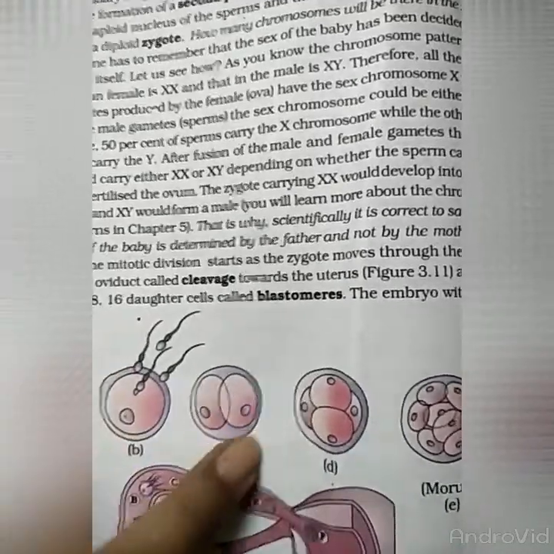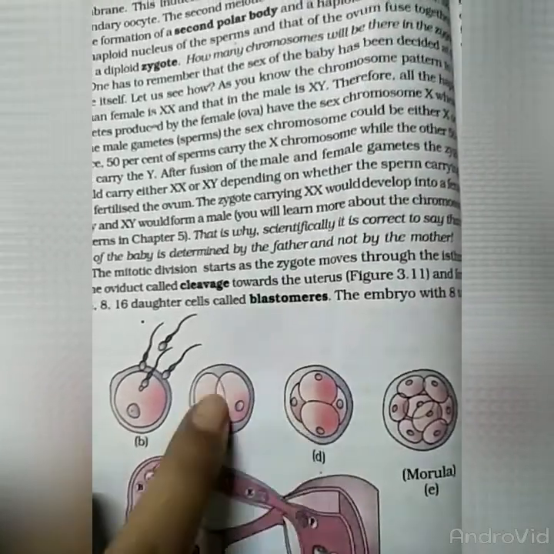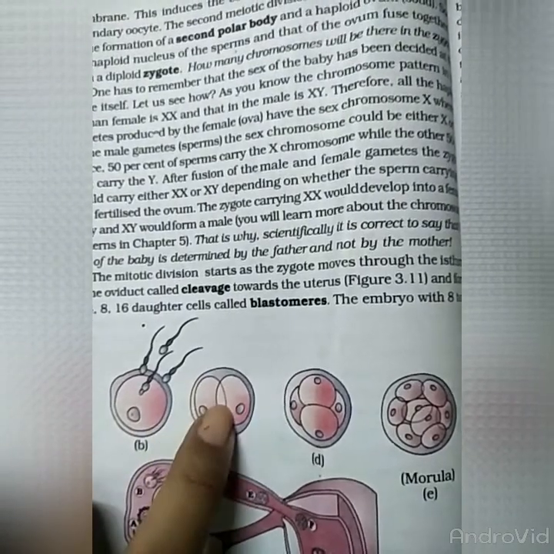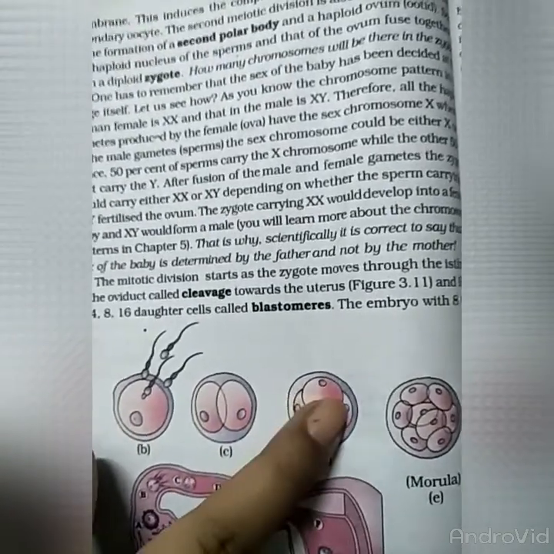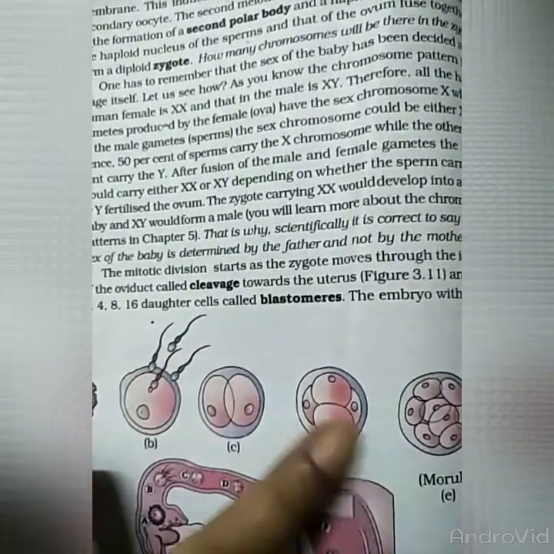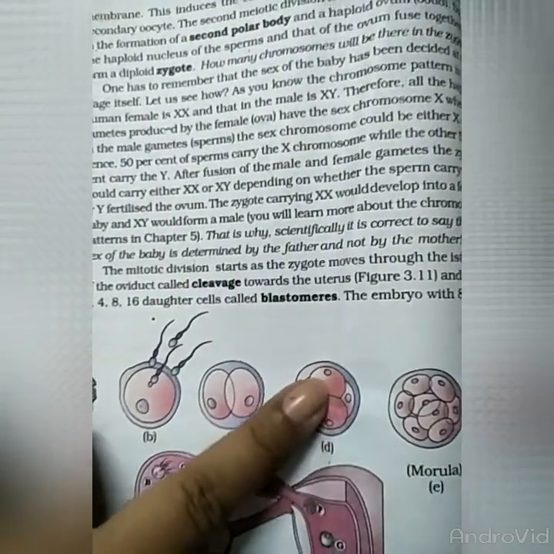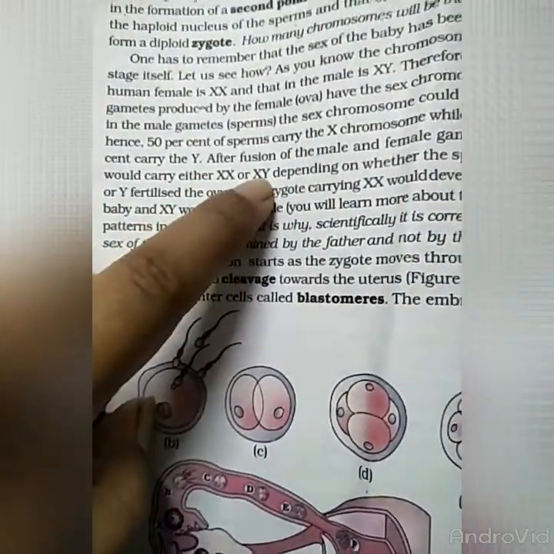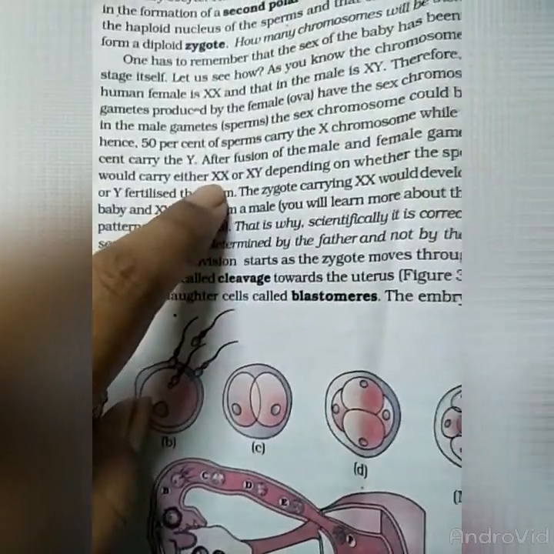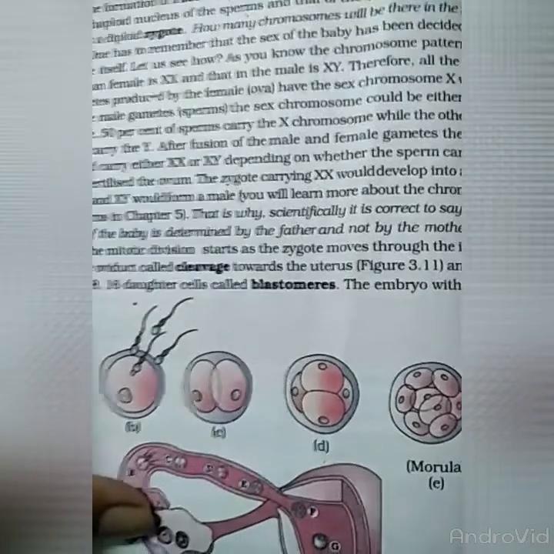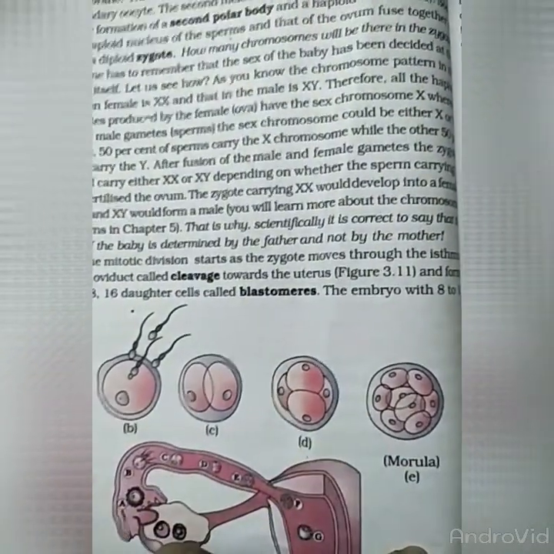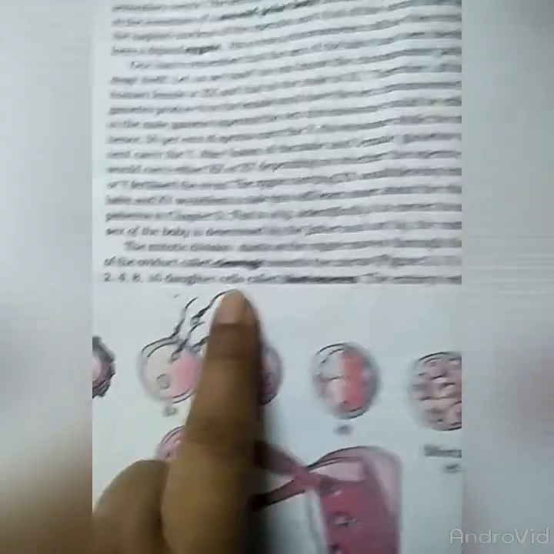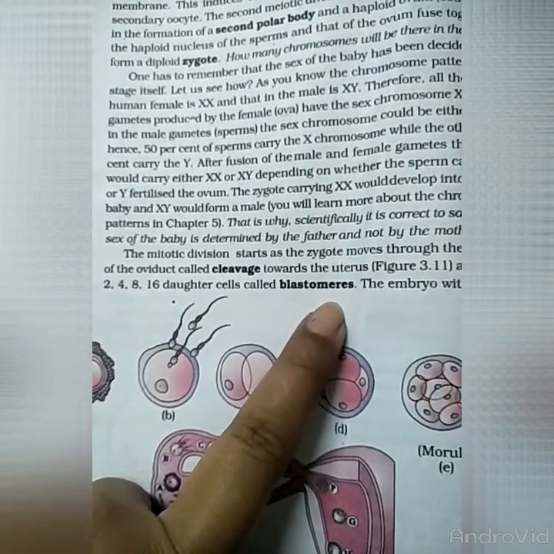This cell division is unequal, not equal division. This is the difference. In mitosis, a cell divides into two parts. This cell division is called cleavage. If the embryo is male it will have XY chromosomes, and if female, XX chromosomes. That we already know. Inside the morula, the blastula forms, and these cells are called blastomeres. Sixteen daughter cells are called blastomeres.